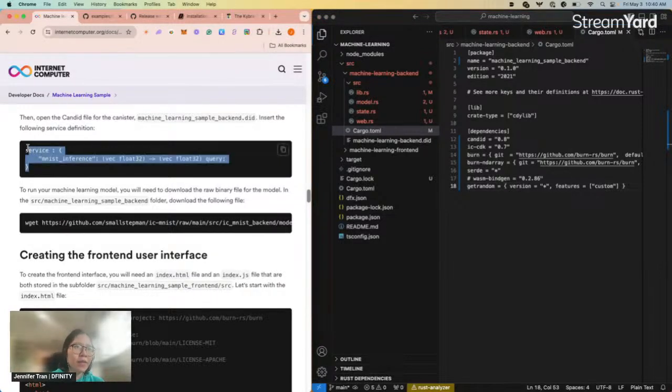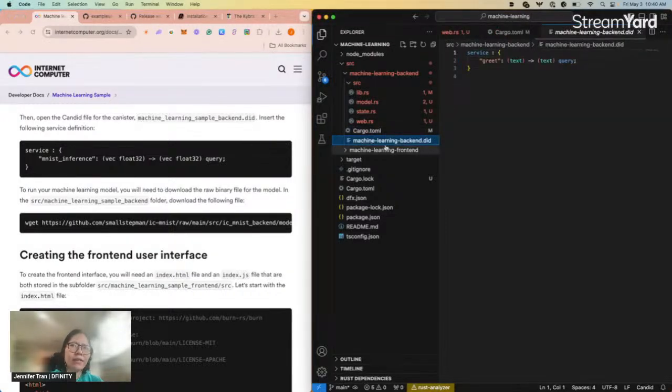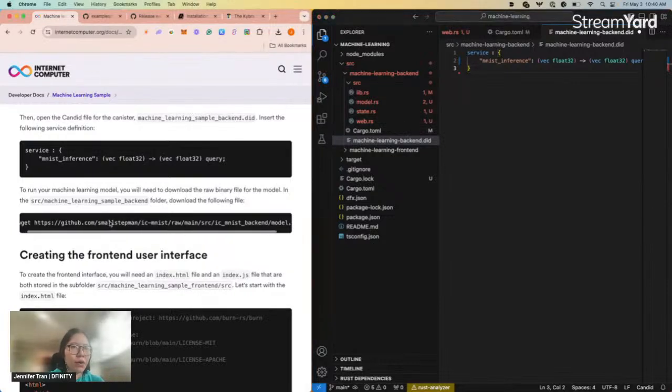There are ways to automatically generate this file, and you don't have to learn too much about what Candid is or how to write it. In this case, we can just copy and paste this, but there are ways, if you want to dive in deeper, to automatically create this for you. And then we'll also need to download the binary file for the model.